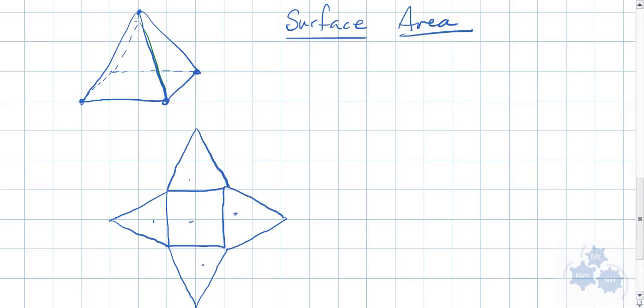So when you draw a net, you think of it as, hey, this is going to be easy for me to not make any mistakes when I do this, okay? And that's your goal. All right, so let's actually calculate the surface area. Let's say that this is 5 units here. So 5 units by 5 units. On your net diagram, that translates